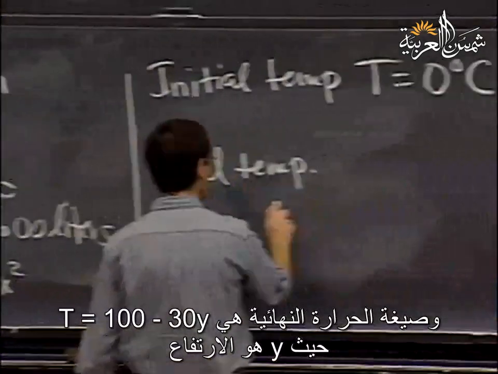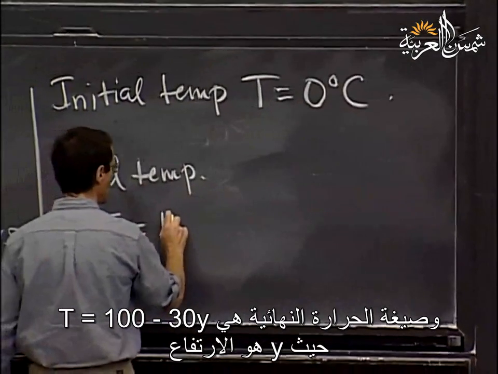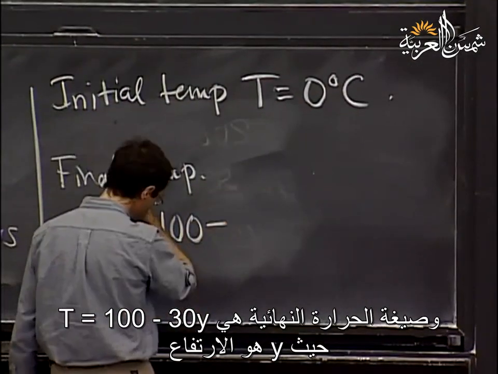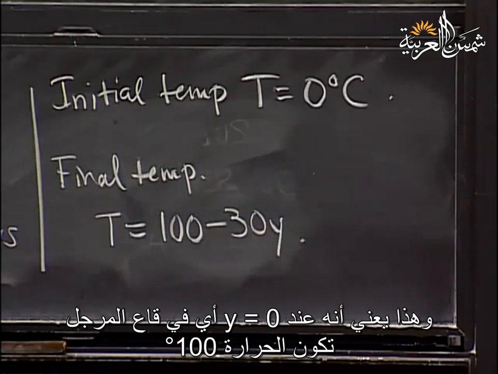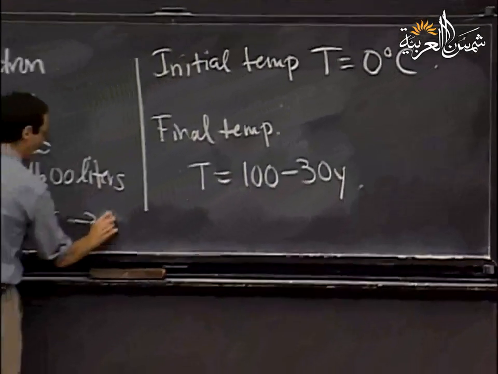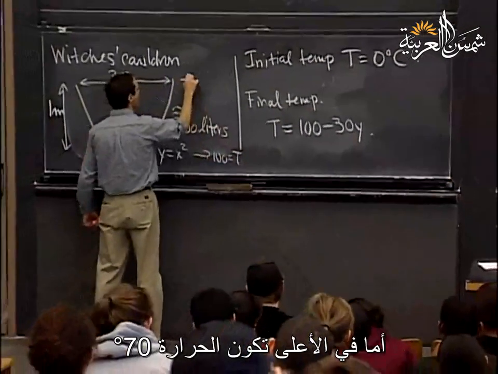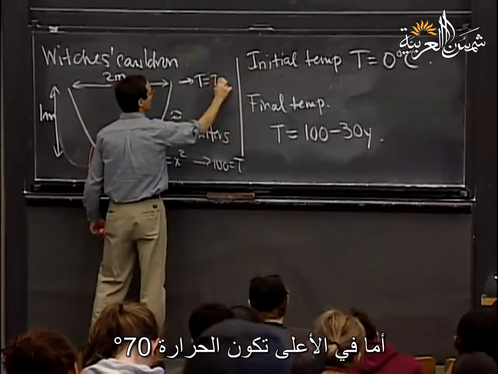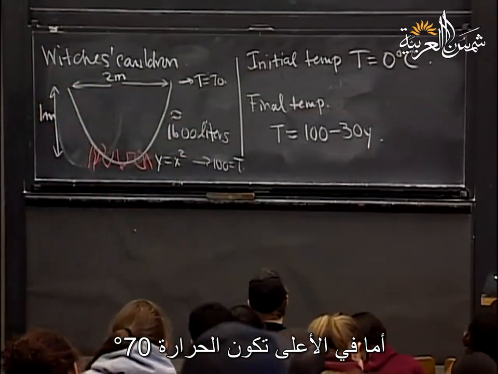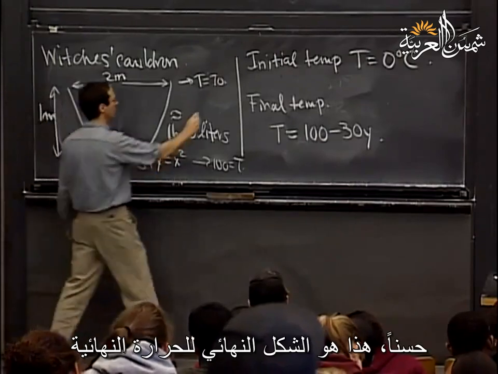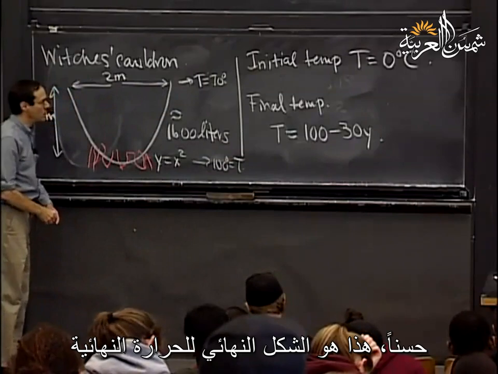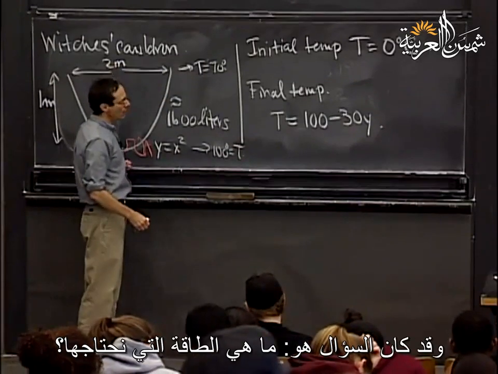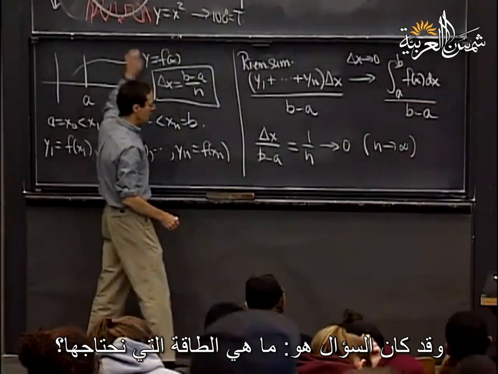The final temperature was given by the formula T is equal to 100 minus 30 times the height y. So at y equals 0, at the bottom it's 100, and at the top, T is just equal to 70 degrees. So this is the final configuration for the temperature. And the question was, how much energy do we need